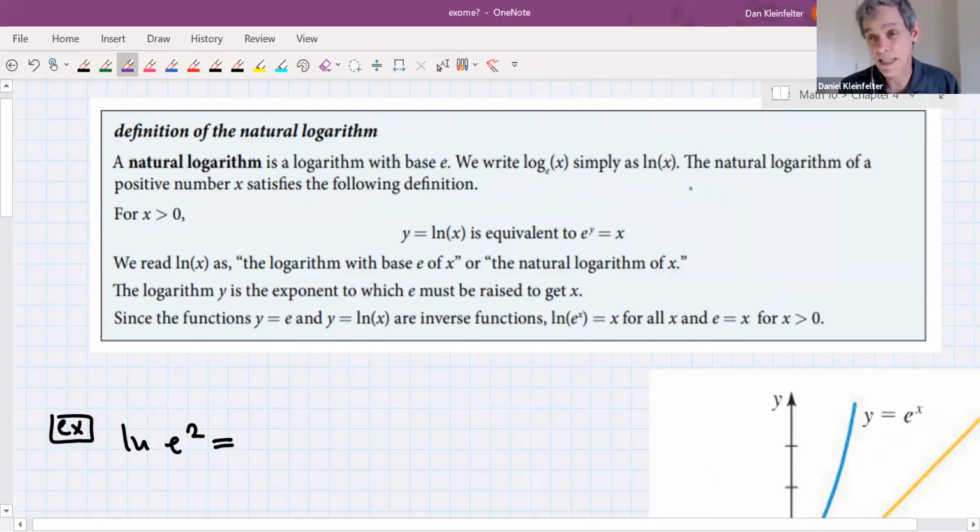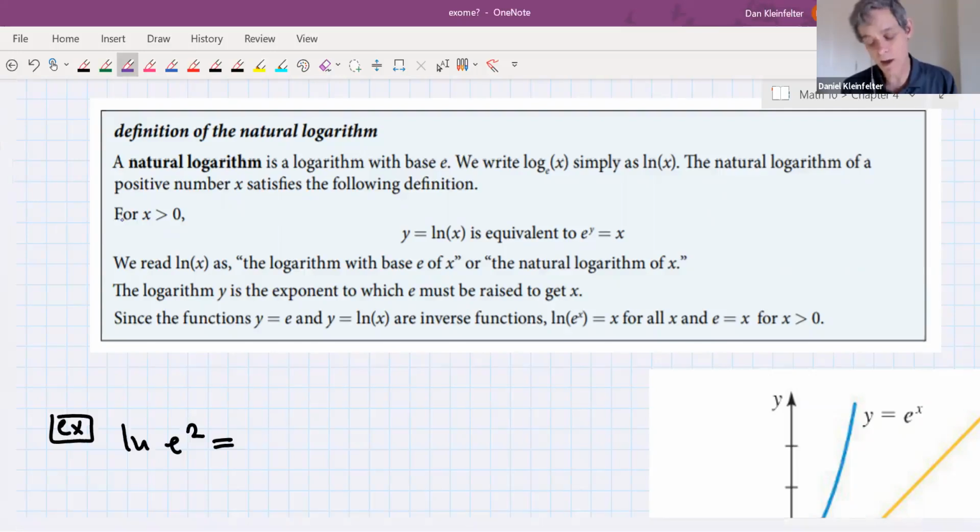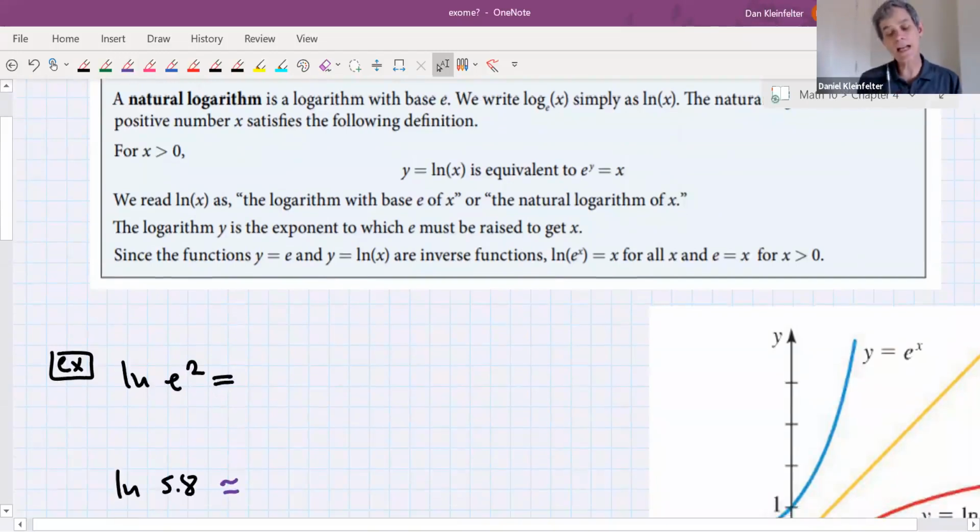You could argue, I guess, that it should be NL for natural logarithm, but it's based on a Latin phrase, so the word order is the other way around. And so natural logarithm is abbreviated LN. Okay, and the input needs to be positive, as before. And y equals ln x is equivalent to e raised to the y power equals x. Okay, and it's the exponent that e would need to be raised to in order to get